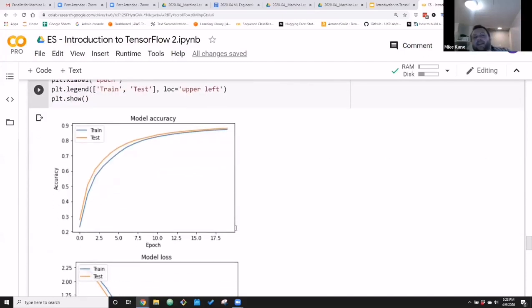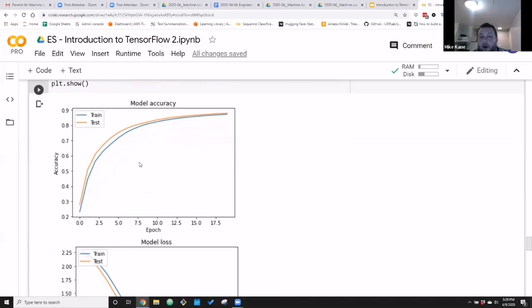Now, it's very important to look at your model's performance. Visually look at it. Eyeball it in a graph form. Don't just look at the numbers. And it's much easier to tell when a model is overfitting. Now, this model is not overfitting. When does a model overfit? A model overfits when you see your testing scores start to bottom out. Like it'll plateau. It won't get any better. But your training accuracy will continue improving almost monotonically, right? And what that means is that it's essentially memorizing stuff here, right?